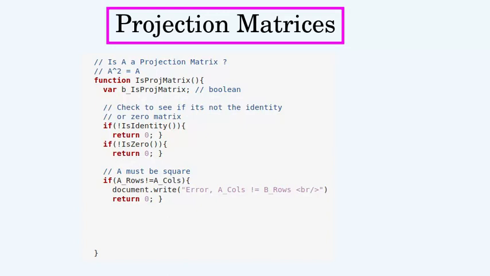A projection matrix must be a square matrix in this case where we're defining it, because it must be able to multiply by itself. So then we'll get the square of this matrix, and then we'll test to see whether it is equal to its own square. We'll make the return variable equal to the value of this function, and then we'll return the return boolean variable